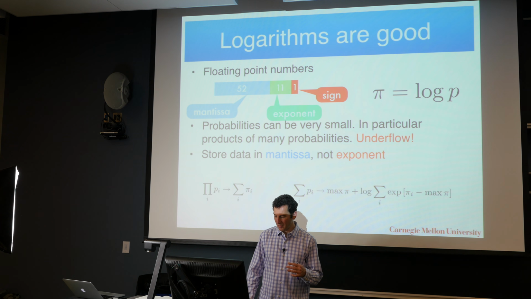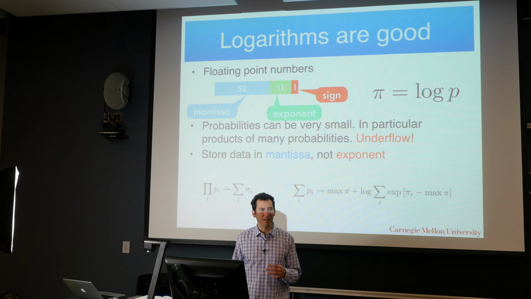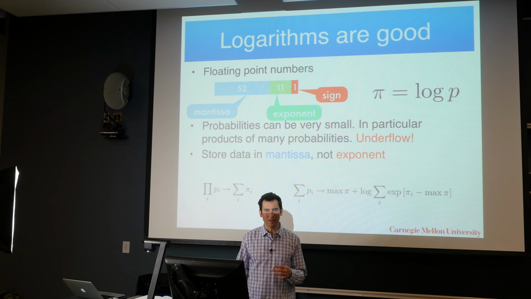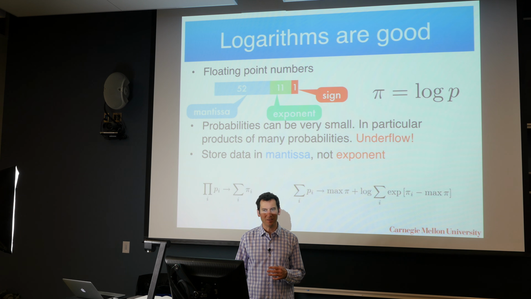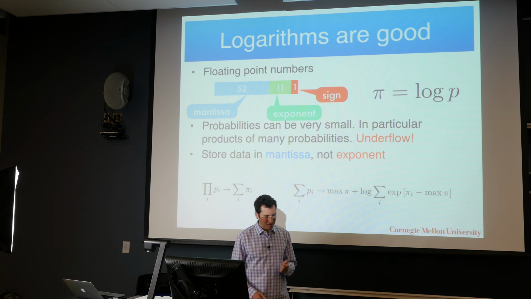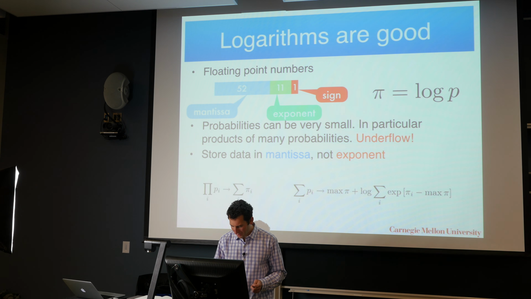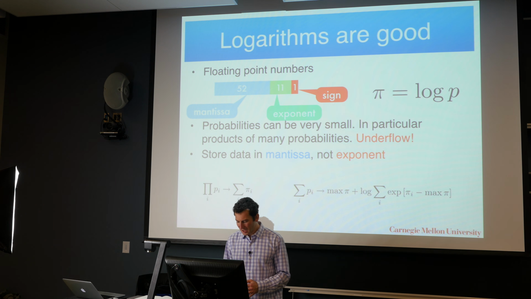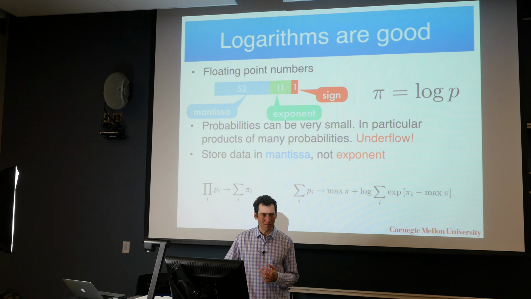So who has taken a class that explained floating point representations in a computer? Awesome. Okay, so therefore you all know what an exponent is and a mantissa and the sign. The sign is just whether it's positive or negative. Mantissa is where you really have all the information stored about the variable, and the exponent is basically something that you can use for the magnitude.